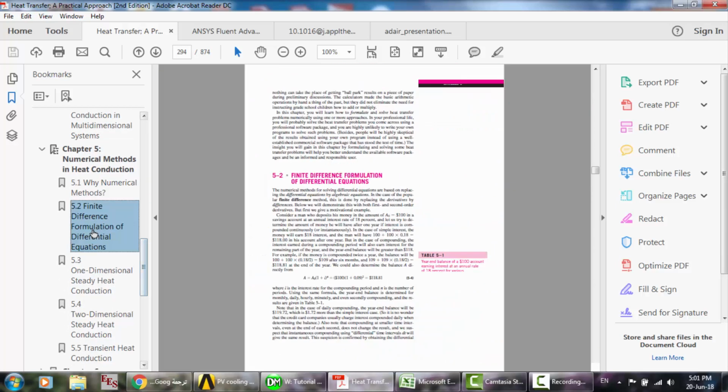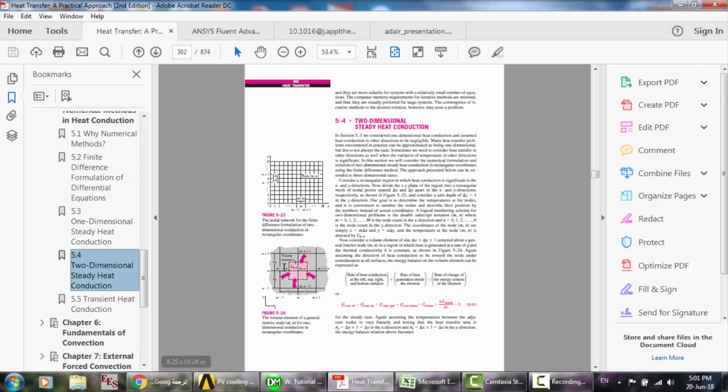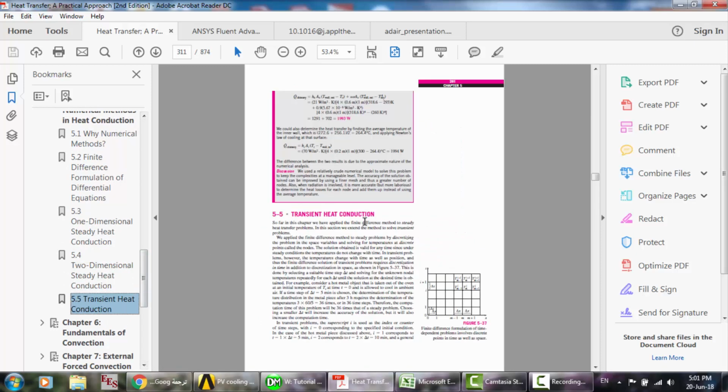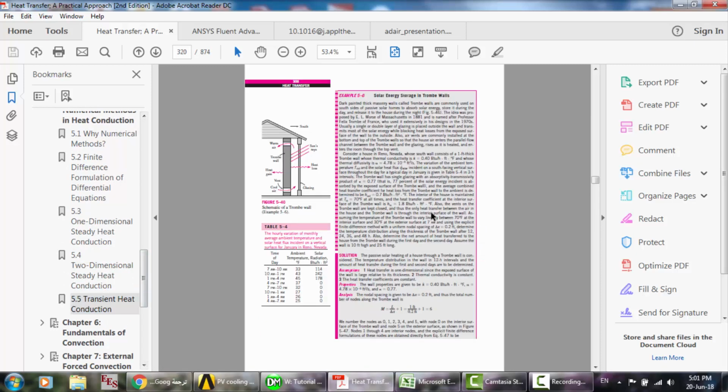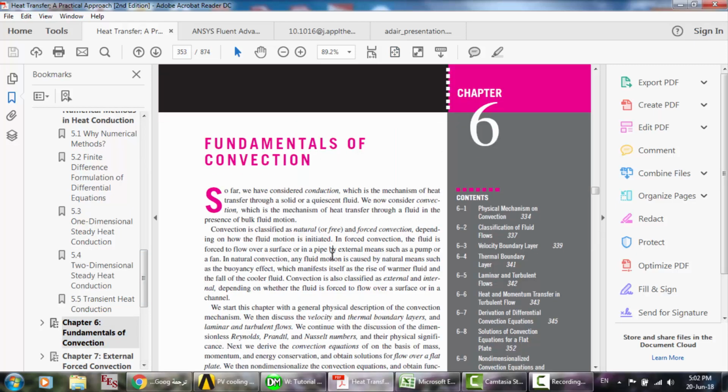Of course, the finite difference formulations of differential equations, one-dimensional steady-state conduction, two-dimensional steady-state conduction, okay, and here transient conduction, and so on. And here are the fundamentals of convection,